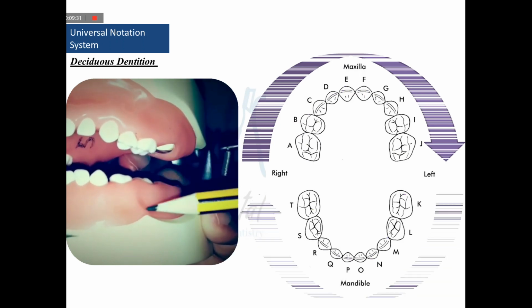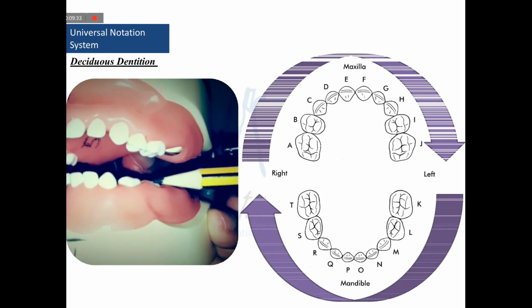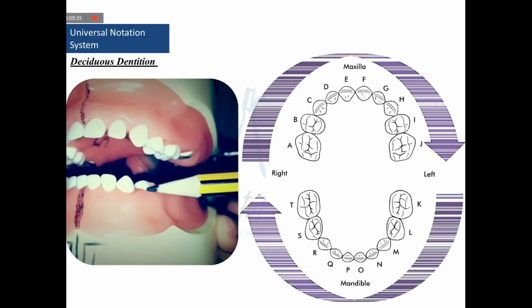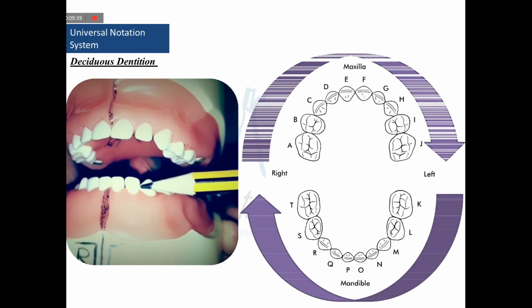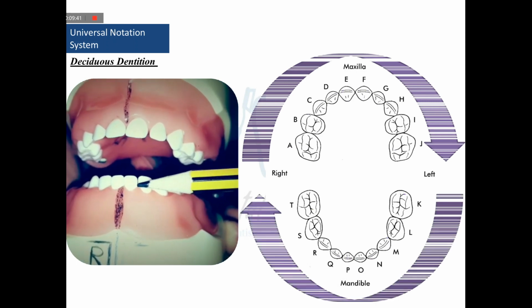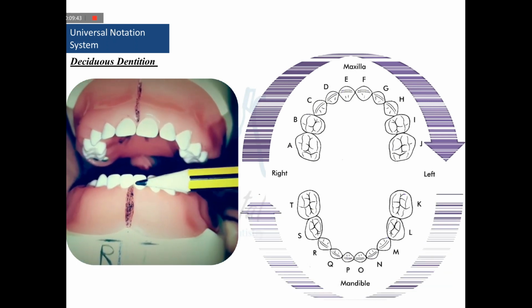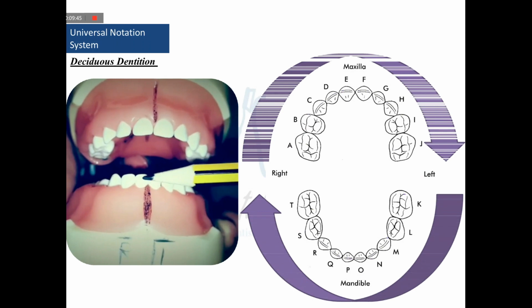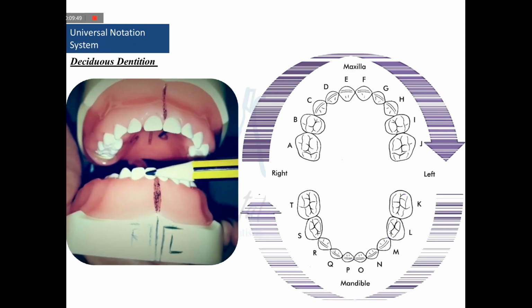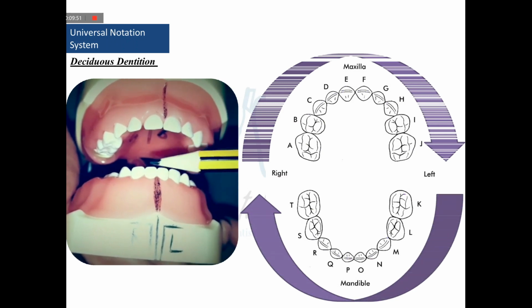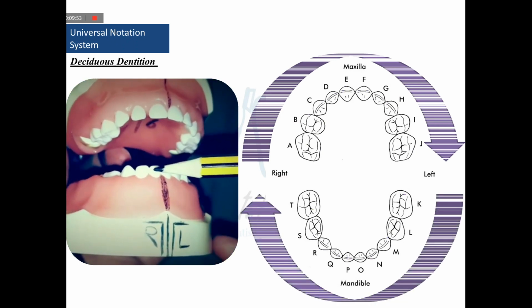Now we go downwards and start to count with the second molar on the left hand side and label it as K, first molar L, M for canine, N for the lateral, and O for the central incisor of left hand side. So we label P for the central incisor of the right hand side, then Q for the lateral incisor of right hand side,